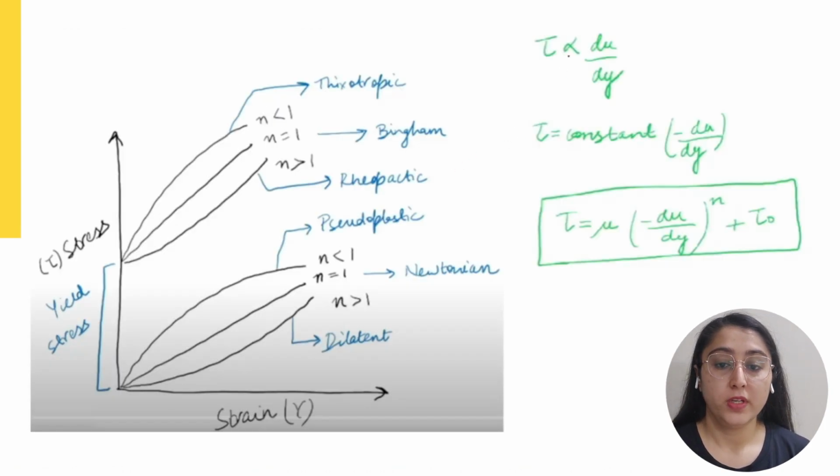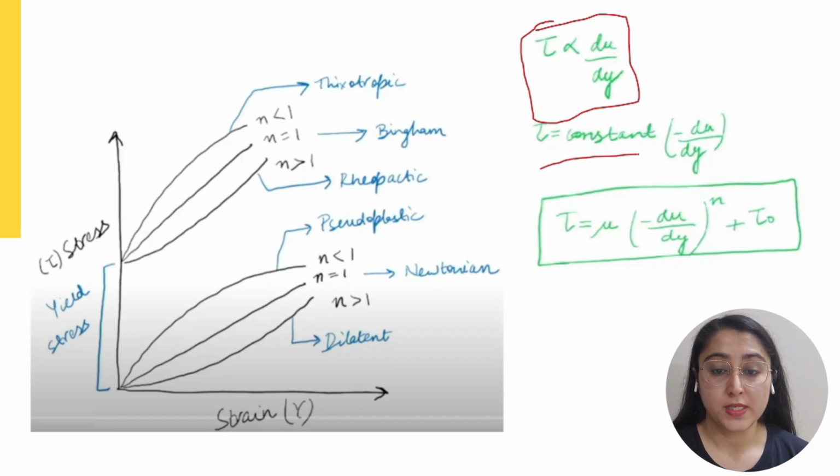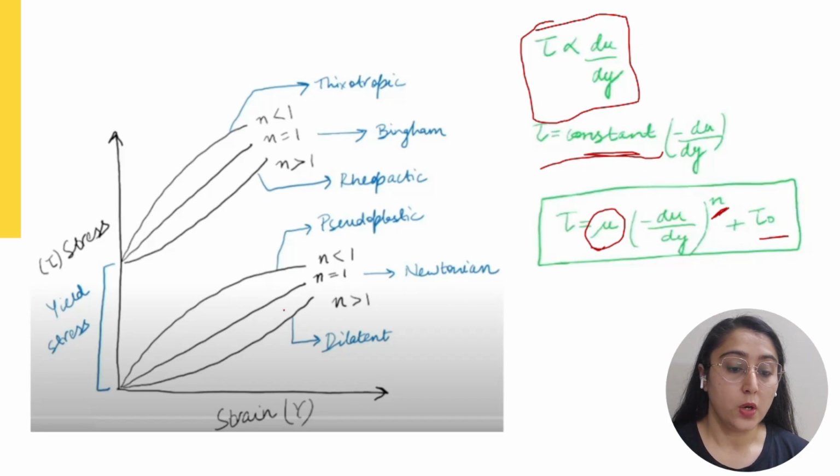So firstly, we know that basically stress is directly proportional to strain. Therefore, it gives us this. Now, we have tau is basically equal to a constant, and once we put the value of this constant, we get viscosity, shear rate raised to the power n, which is the flow behavior index, and tau naught, which is basically the yield stress. So now if you look at the behavior of the fluids with respect to stress to strain,